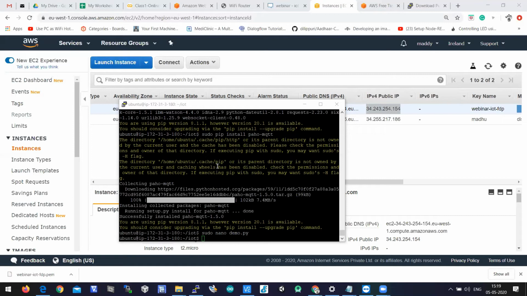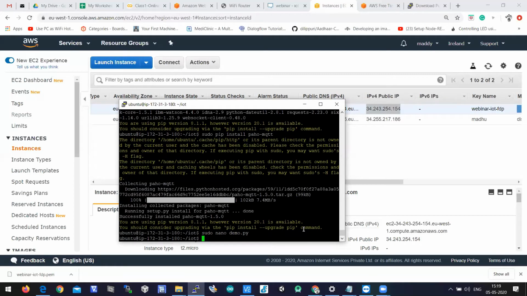It's simple. Control key and X should be pressed together. Then it will ask yes or no. Then you need to press Y. Then it will ask whether to change the file name or not. No need to change the file name, so you have to hit enter directly. When you hit enter, it goes back to the Ubuntu prompt. It means that it comes out of the Nano editor.